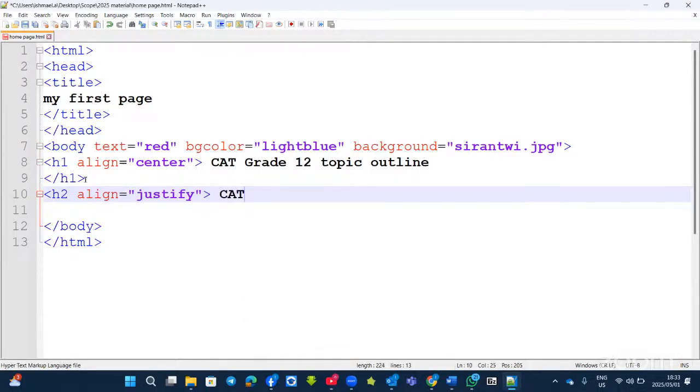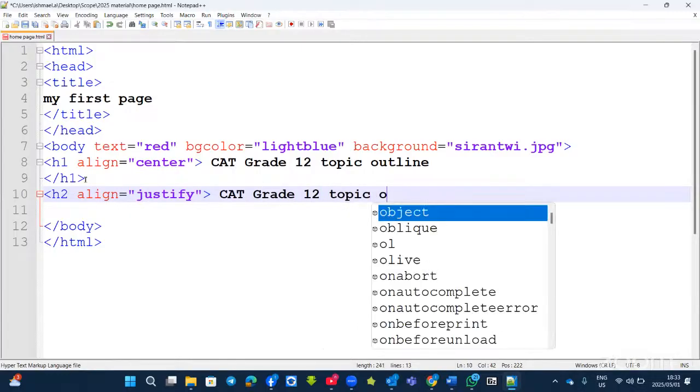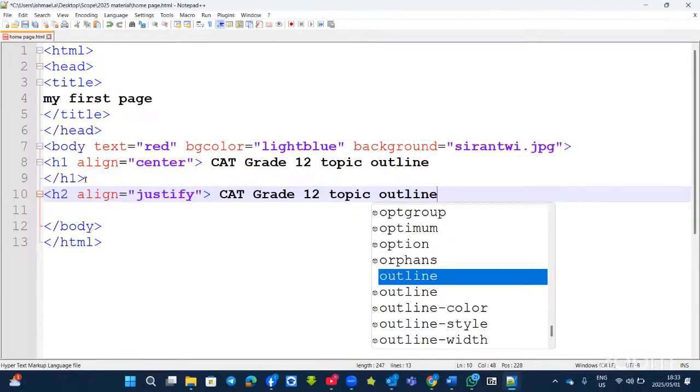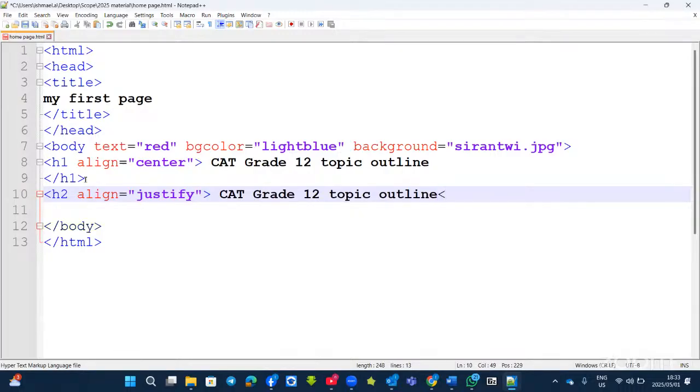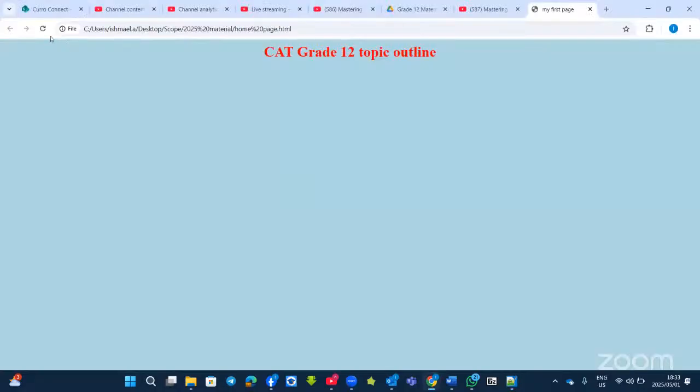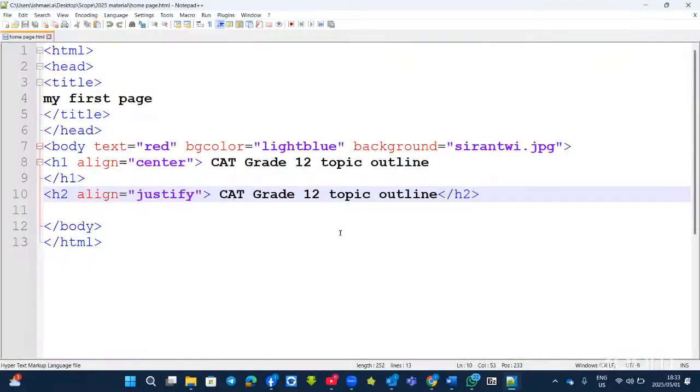And then the same CAT grade 12 topic outline. And then I close my H2. Right, then I save it. Now look at how it's going to look. If I refresh it, this is heading 2, which is smaller than heading 1. And then I made it justify, which is on the left-hand side. So basically, you can put the heading style from heading 1 up until heading 6, the smallest one, which is heading 6. Right. Now we move straight to